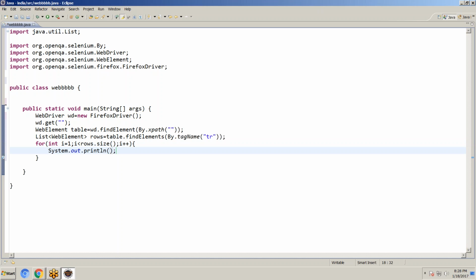So control space. If you want a number, we can give i. Right. Next,